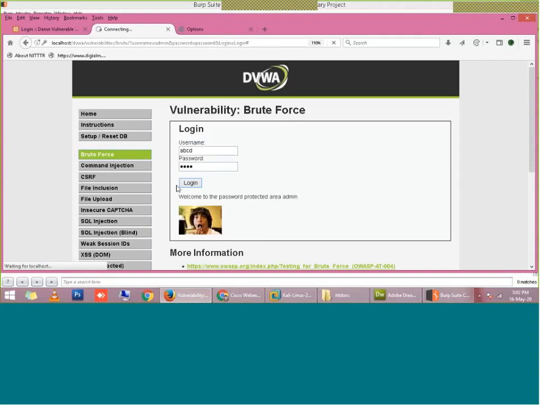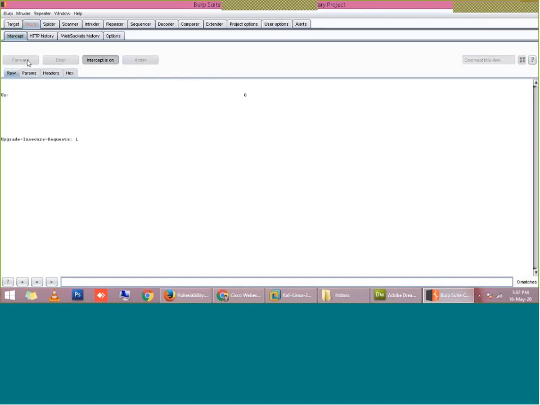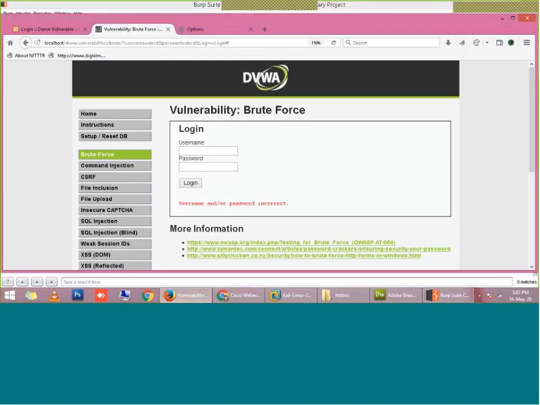It was captured by Burp Suite, and unless Burp Suite allows it to pass, the request will keep rotating. If you do not want to do anything with this request, you can just click the forward button. When you click forward, the request is forwarded to the DVWA server, and you get the message that username or password is incorrect, because we entered the wrong username and password.